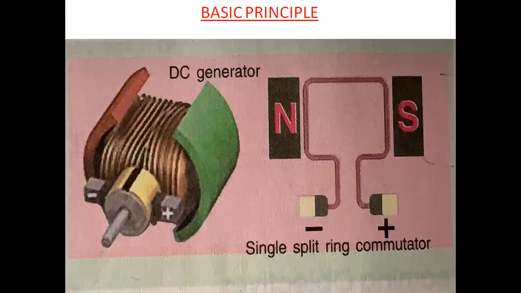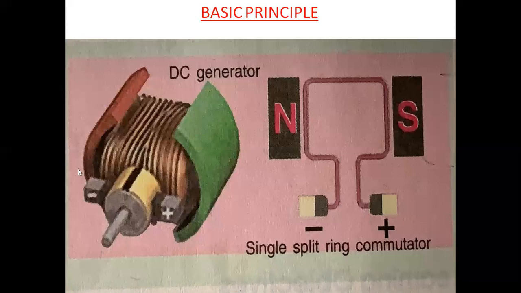In this case, what happens? In the standard construction, the armature winding is mounted on the stationary element, which is called the stator. On the stator, the armature is mounted, and the field windings are on the rotating element, called the rotor. So the field winding will be rotating and the armature will be constant.